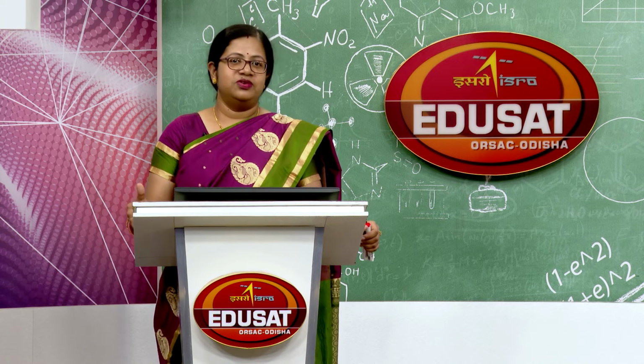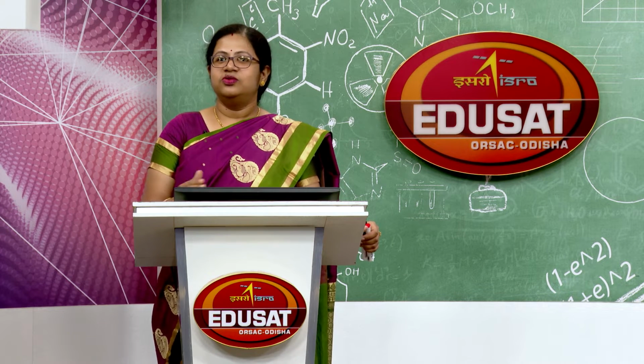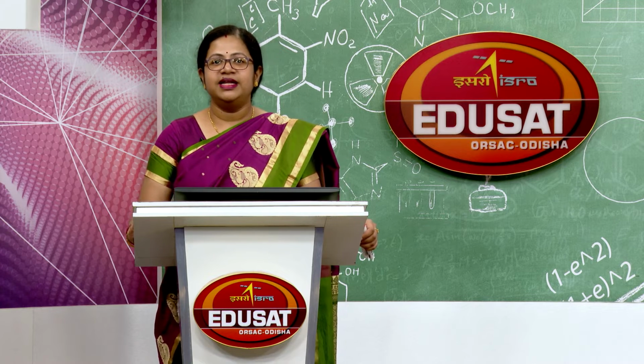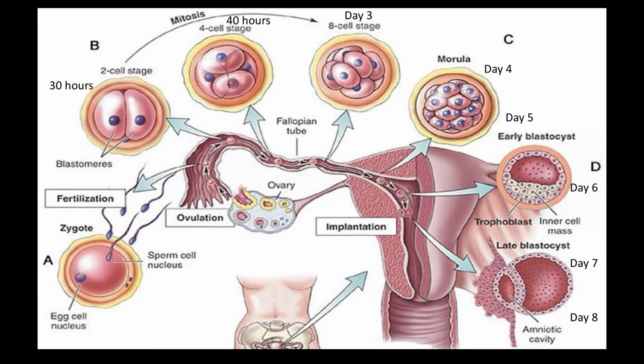Up to the formation of blastula there is no growth of the cells. Now coming to the entire picture, the entire scenario. In the diagram we can see, starting from the formation of zygote to a 2 cell stage, then a 4 cell stage, then an 8 cell stage and then a 16 cell stage, which is called morula. Now you can see very well that these are all packed very compactly and thereafter